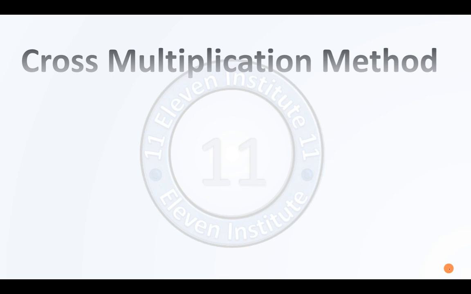We have already discussed the graphical method, substitution method, elimination method, some miscellaneous sums, and some criteria of a1 upon a2, b1 upon b2 and c1 upon c2. Today in this video lecture we will discuss the cross multiplication method, one of the easiest methods, but it is lengthy and the chances of mistake are more. Still, it is one of the easiest out of the four methods we have to solve a pair of linear equations in two variables.